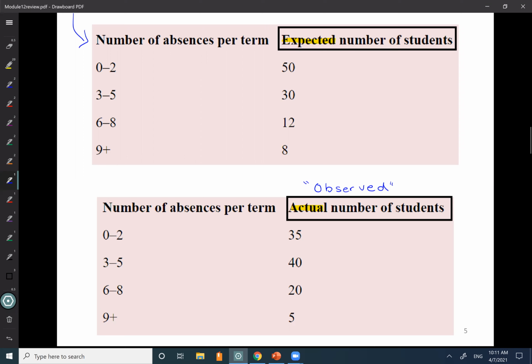And then 12 between 6 and 8 days versus 20 students. And then there were fewer students missing 9 or more days, only 5 instead of what they thought would be 8. So we can see that there is a difference, but we want to know if the top distribution,